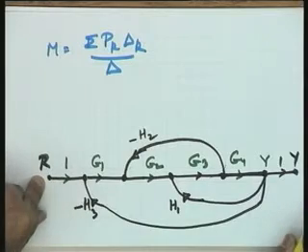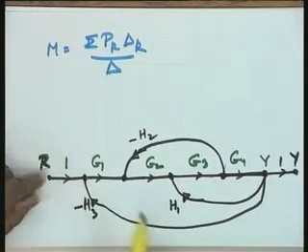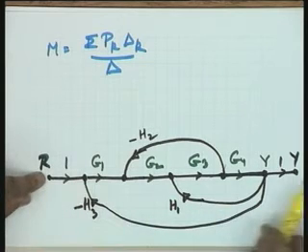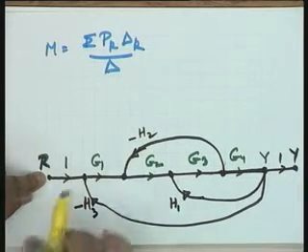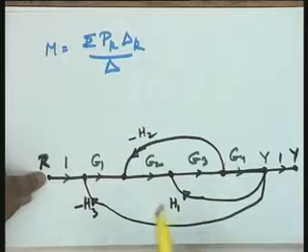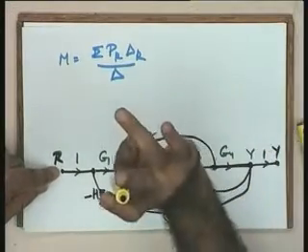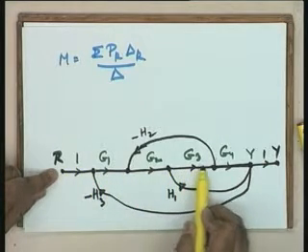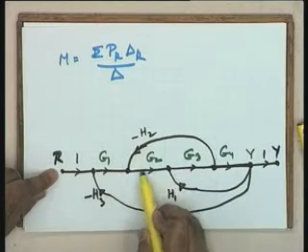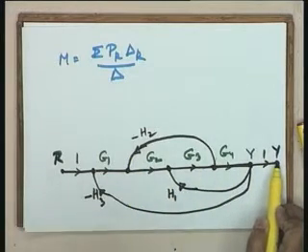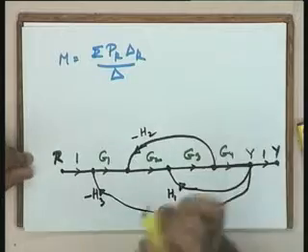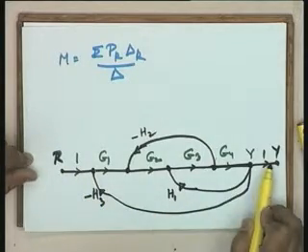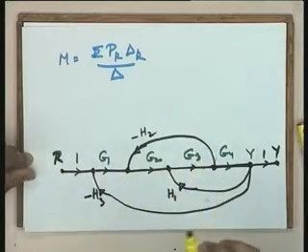K is 1. You just try to traverse along the arrows from input to output. You do not have to face the opposite direction. Along the arrows you travel. If you are able to reach the output, that is your forward path, and if you are able to reach in one and only one way, please note, for example, you may say that I go this way and I reach this way, this is my forward path, but this is not a forward path. Please see that, that is why the word independent was used. In a forward path, a node or a branch is traversed once and only once. That point may please be noted.